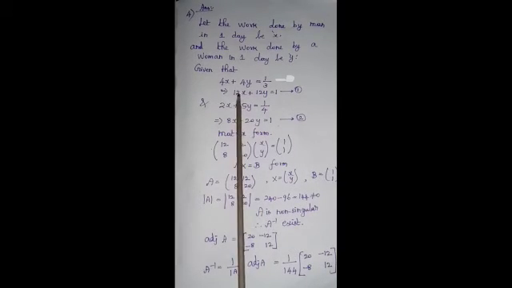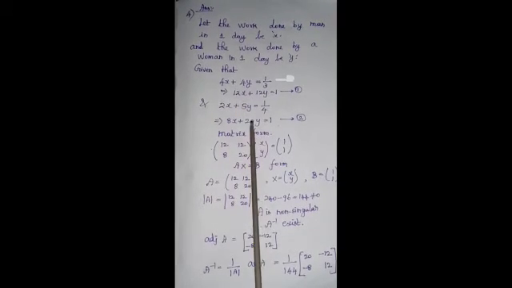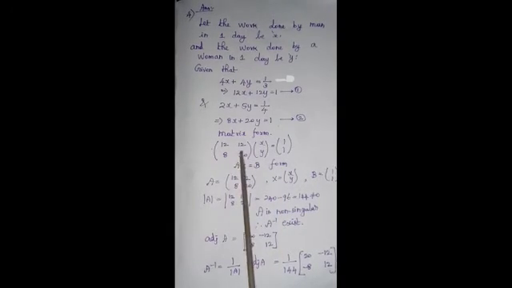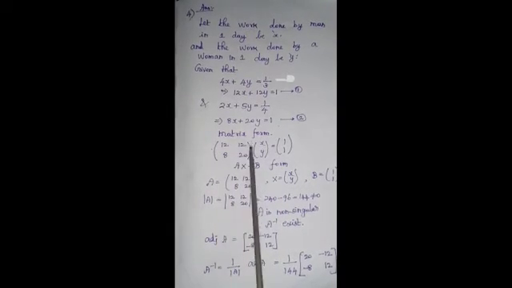The coefficients of x are 12 and 8, and of y are 12 and 20, times [x; y] is equal to the constants [1; 1], which is the AX equals B form. This is step 1. A is the coefficient matrix [12, 12; 8, 20], X is [x; y], and B is the constant matrix [1; 1].